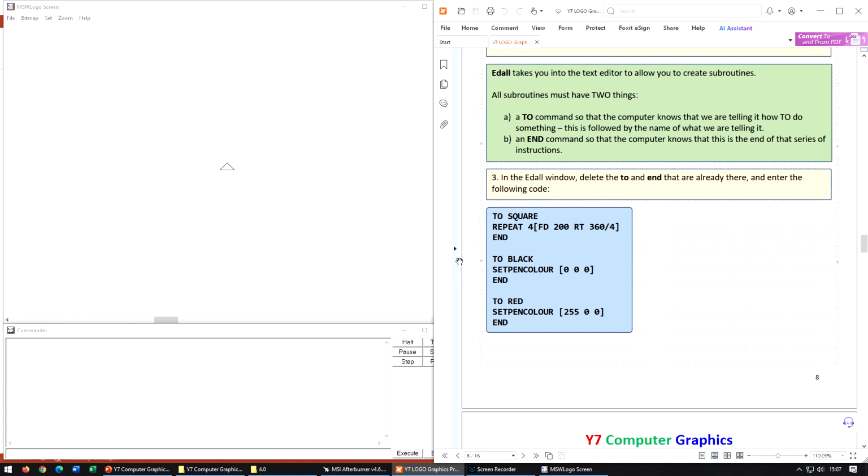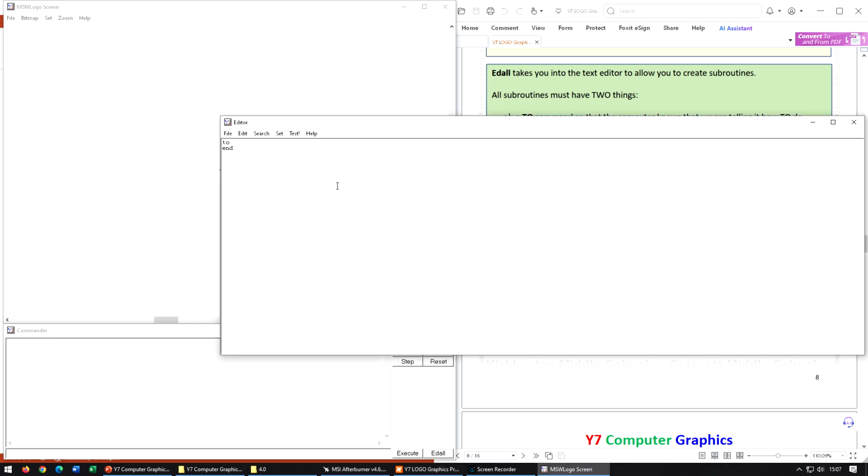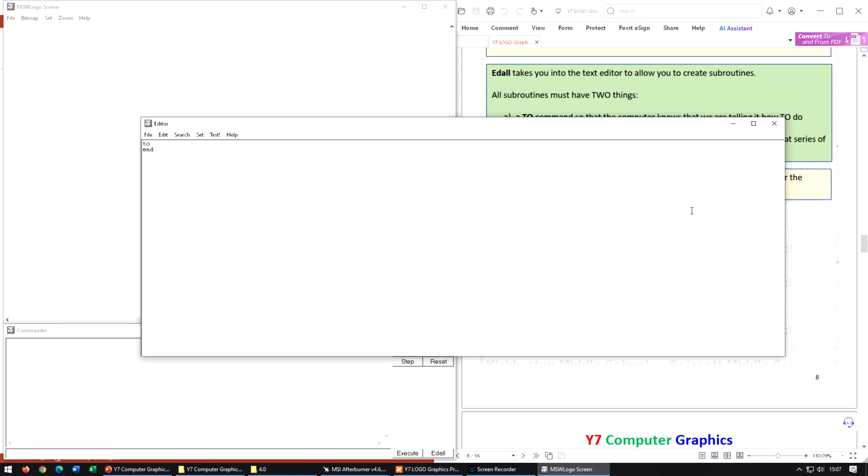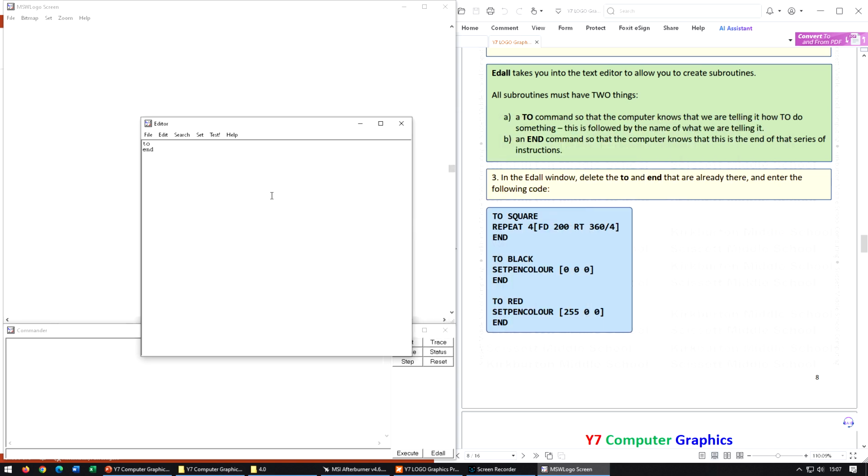So to do these, we're going to use the Add All. So down here, click Add All, and it always starts with TO and END. We're just going to get rid of those to start with, and we're going to type in capitals, just because it keeps it consistent with what we've done. So we're going to explain to the computer what a square is. So it's saying TO SQUARE, to draw a square. We need that REPEAT 4 [FD 200 RT 360 / 4],